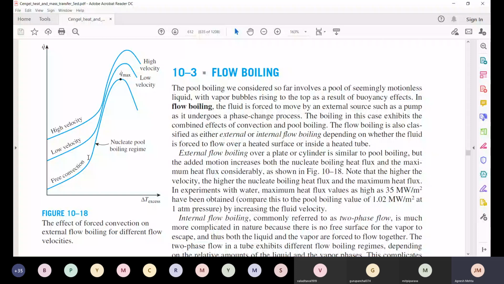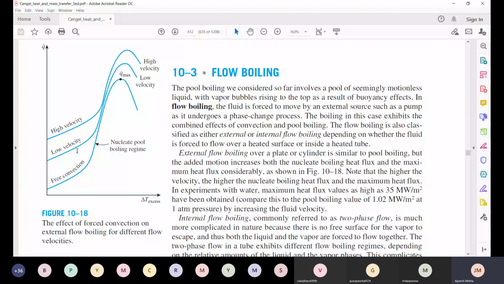There is a compressor which is continuously sucking the vapor from the evaporator, so because of that there is a continuous flow of the refrigerant. So there is some velocity induced. Or if you take the example of a boiler, there is a pump which is continuously pushing the liquid,